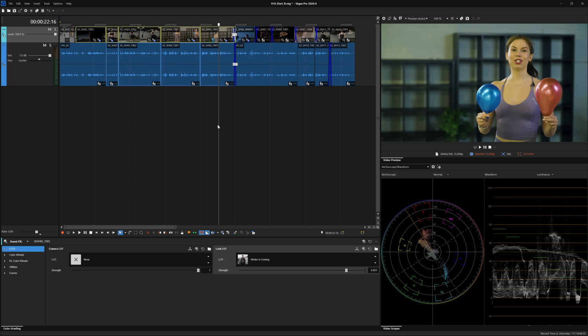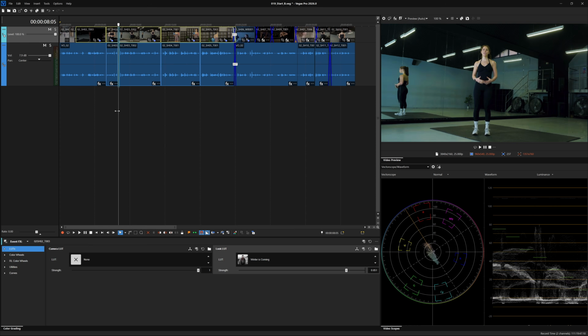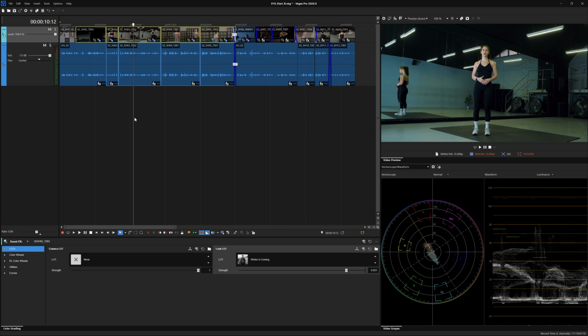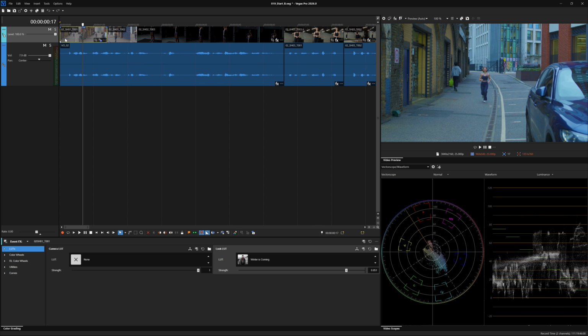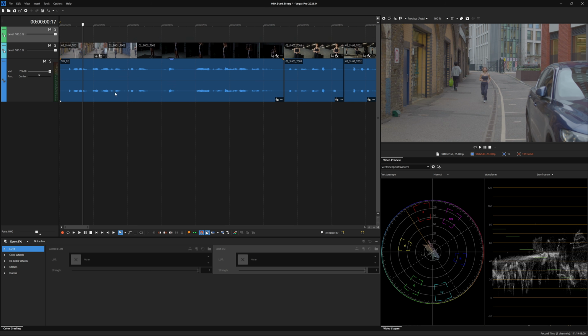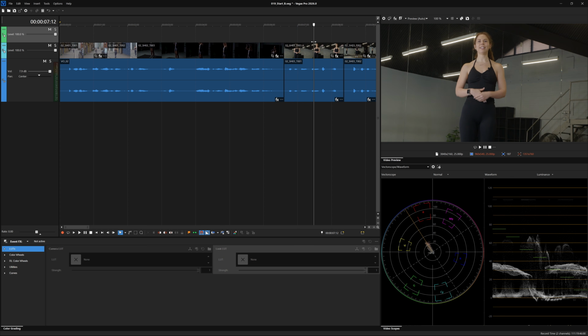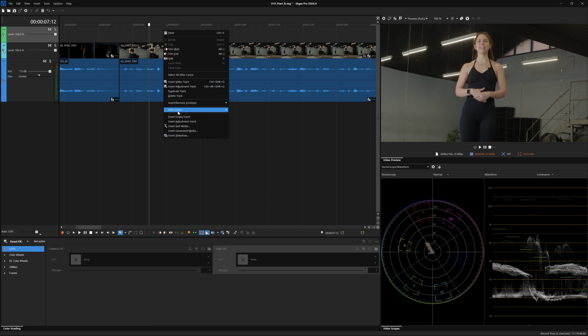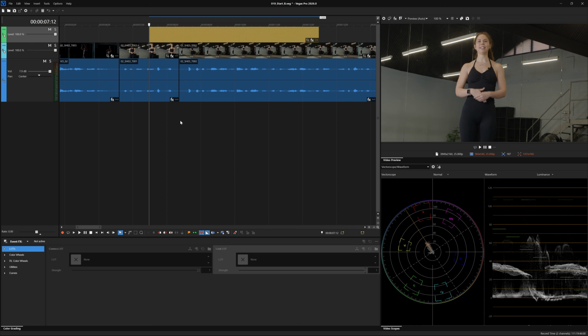Up to this point, we've been grading directly on the events and copying grades between events. There is a better method if you want to apply the same look across a whole section of the timeline. We've already used them for other things, so let's bring out adjustment events again. I'll remove the grades of these events to start fresh. To use an adjustment event, right-click and insert a new video track above the current one. Place the timeline cursor where the adjustment event will start. Right-click on the track and insert an adjustment event.